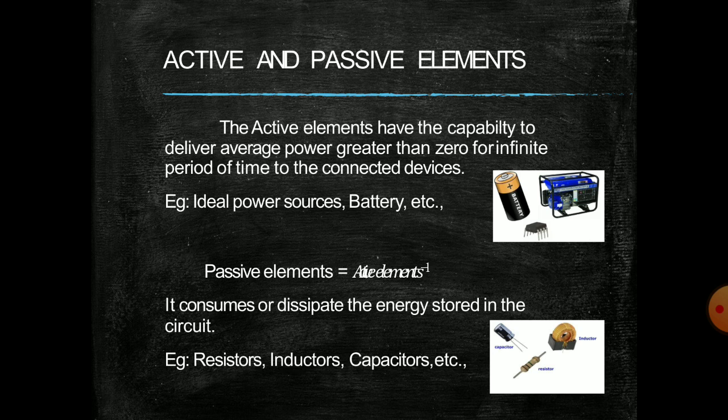So what will a resistor do? A resistor will take energy from the sources. If a source is available, the resistor will consume the power. Why are we using a resistor? Because we use a resistor to limit the current going to any particular circuit. If you want to limit the current, then we have to use resistors. A resistor is not giving any power to any other element, so it is not an active element. Resistor is consuming power, so a resistor is called a passive element.